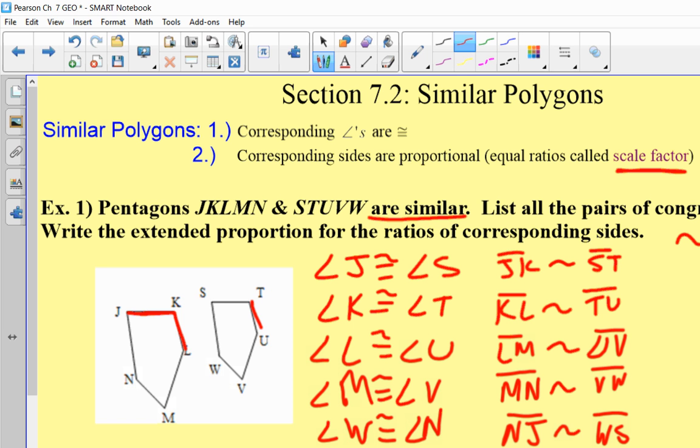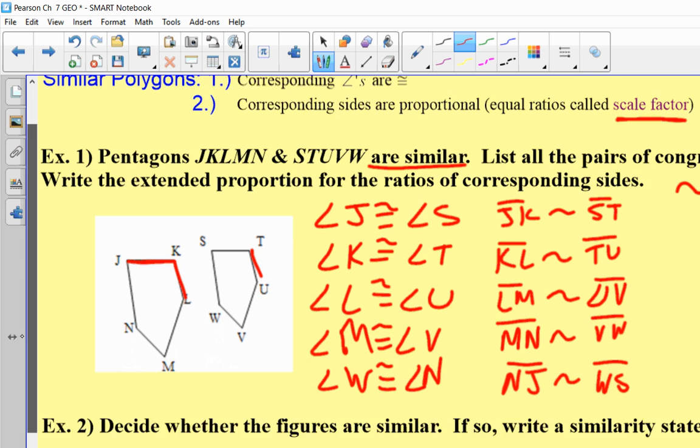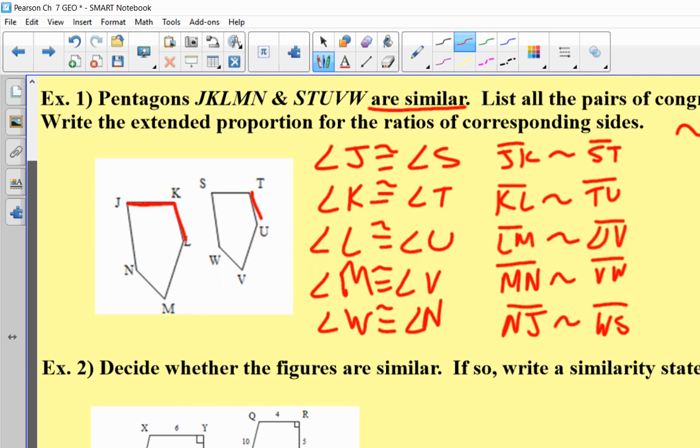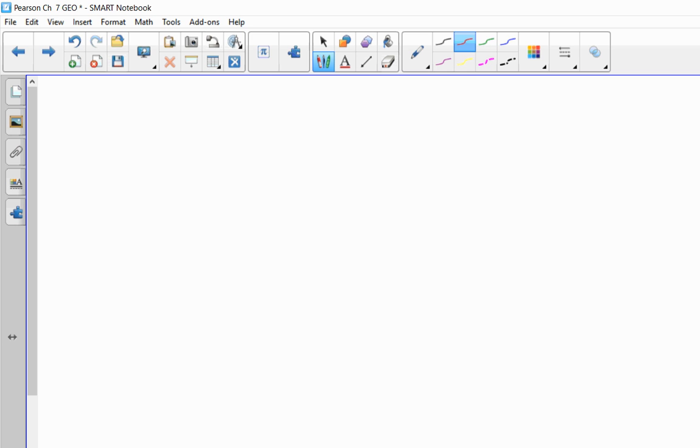So I'm going to do that on a separate page, and you guys can write it into your notes where you can. So I'll do this on a separate page. I'm going to take the sides that were congruent or similar. So JK was similar to ST, but I'm going to write them in ratio form. I'm taking the two sides that were similar and writing them as a fraction or a ratio. And then I'm going to say, because they're proportional, the proportions are equal to, and I'm going to write the